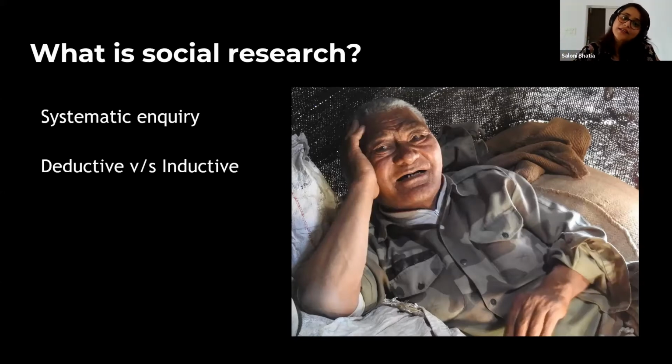Inductive, on the other hand, is the other way around. It's more descriptive. It's not based on a preconceived idea or hypothesis. It kind of moves from bottom up, like you use a grounded theory approach and you kind of build on the research or the question that you're interested in. So one example of deductive research that you can think of from your study, would anyone like to give it a try? A hypothesis-driven kind of question that you may have thought about or come across? No?